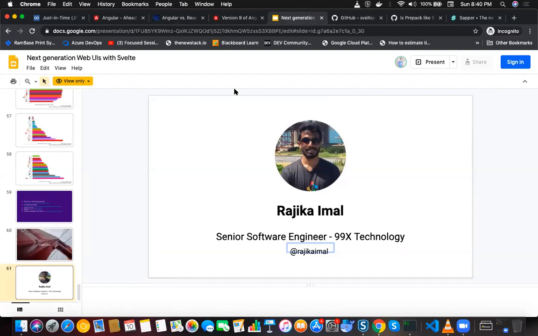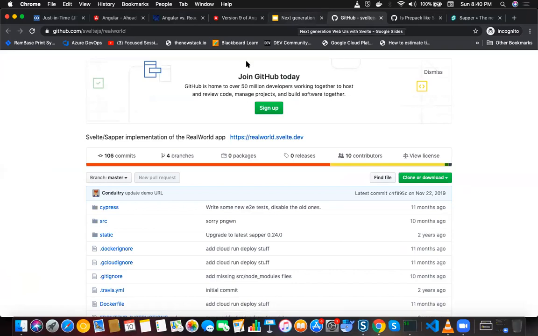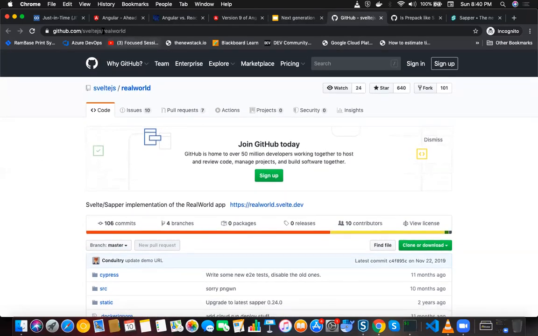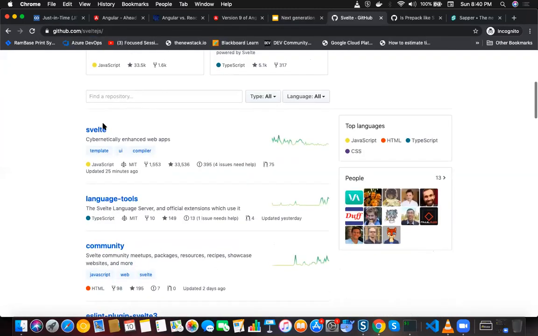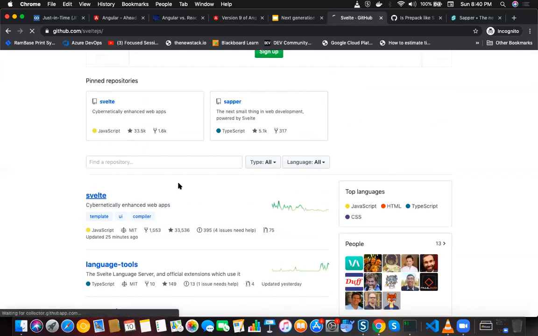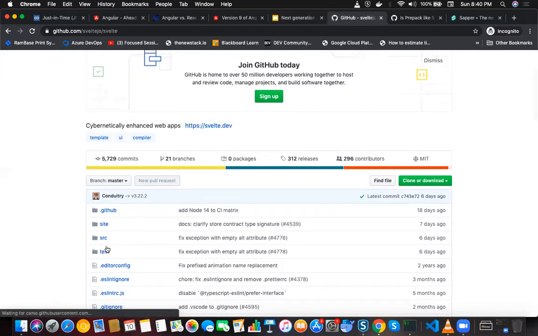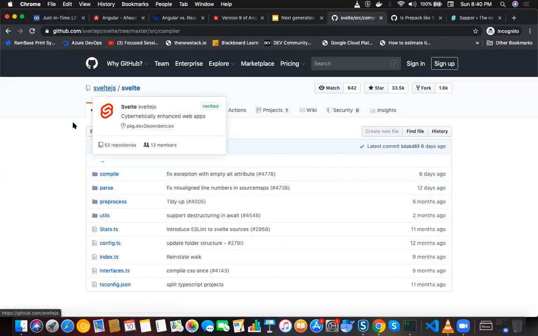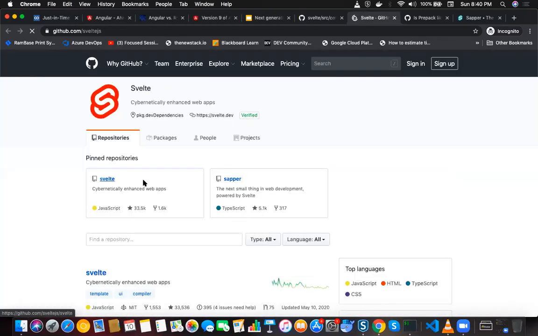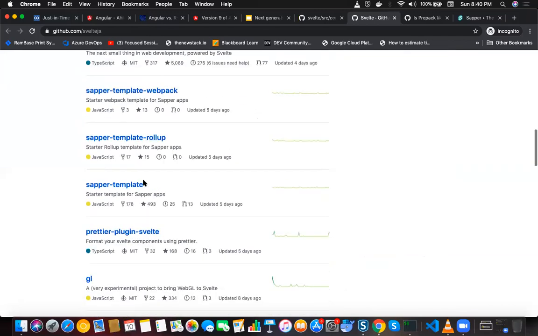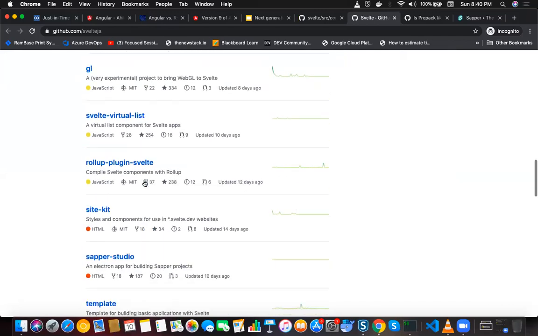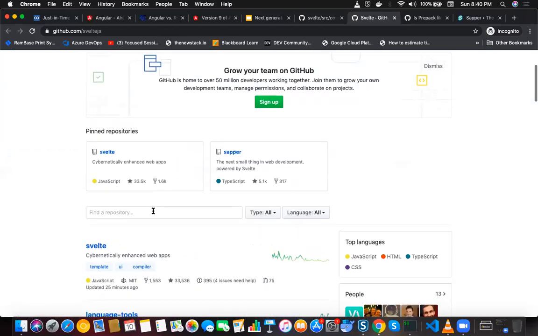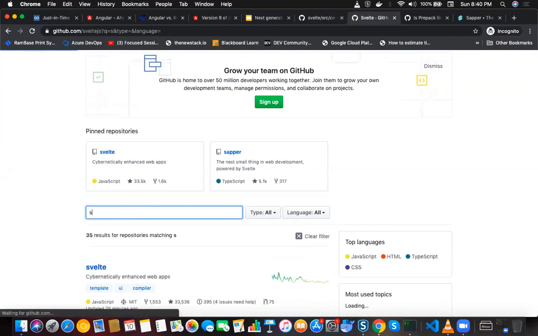Is Svelte stores using a Redux store under the hood? No, it has its own implementation. So if you go to Svelte, I think this was in the main repository rather than a separate repository, if I'm not wrong, but let me quickly check it. But from what I've seen, it's using its own implementation. I don't know whether they have moved, but